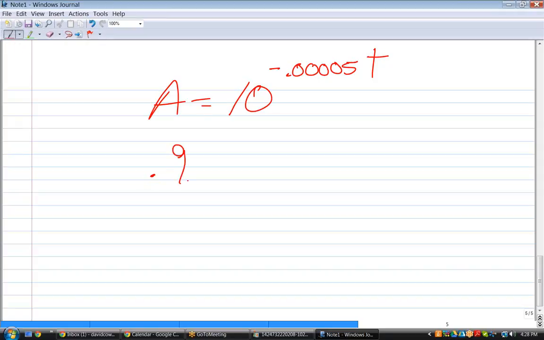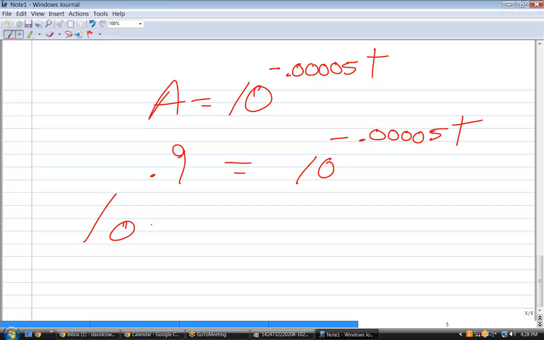Let's see how long it takes for the carbon-14 to get to be 90%. So how do I solve this exponential equation for t? You would take the common log of both sides, wouldn't you? Okay, so I got the common log of 0.9